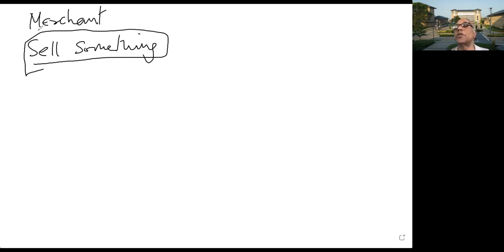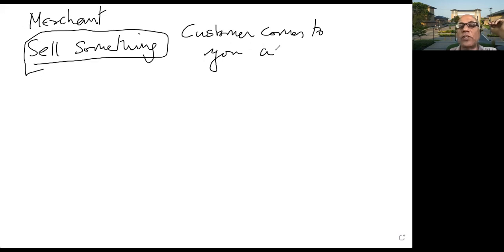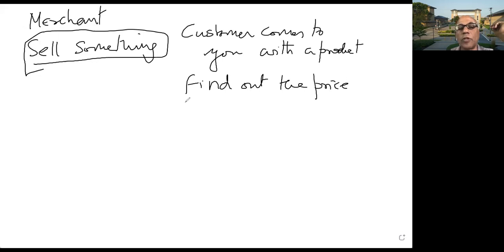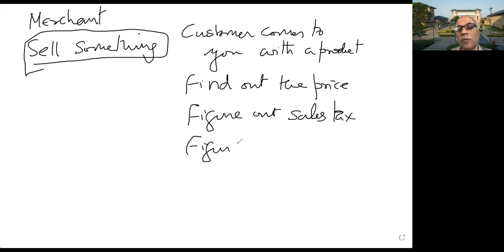So what is the process? Envisage what happens. This person, the customer, comes to you, the merchant, with a product. Find out the price. Figure out sales tax. And then figure out total cost, total price or total cost, whatever. Then collect